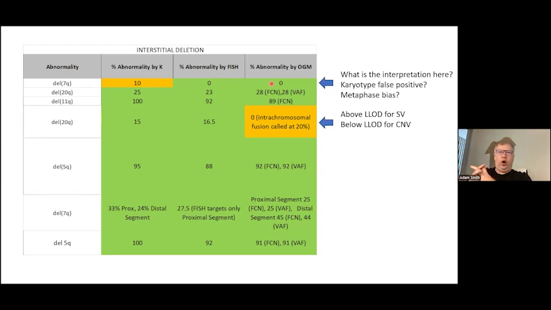And the clinician called me all freaked out, and he's like, "Is this blast phase? There's an extra derivative 20." And I was like, okay, let's calm down, and let's see what the proportion is by FISH. So we fished it, and we didn't see a single interphase nucleus with tetraploidy by FISH. So there's clearly a gap between the metaphase and the interphase nuclei, and I don't think there's any good